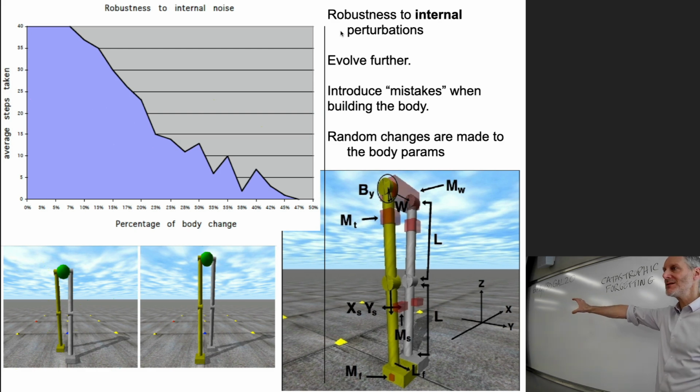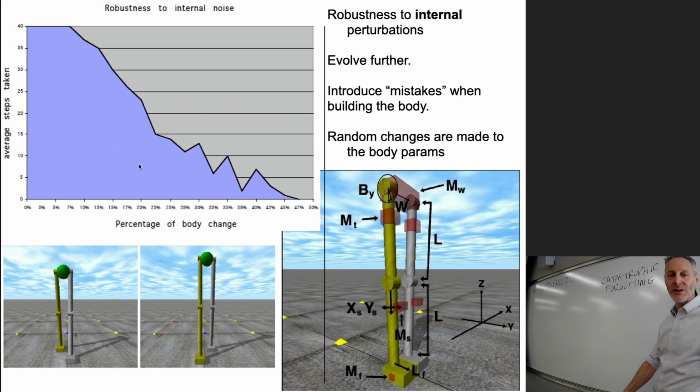take evolved machines and build them in reality. And you can be sure that when any of these machines are built in reality, the upper leg is never going to be exactly L units tall. It's going to be off by some amount due to manufacturing error. Humans cannot manufacture anything perfectly. There's always a bit of noise. So why not, before we even get to the manufacturing stage, ensure that all of these machines are robust to internal perturbations? So they ran phase 5, and then to demonstrate that at the end of phase 1, they now